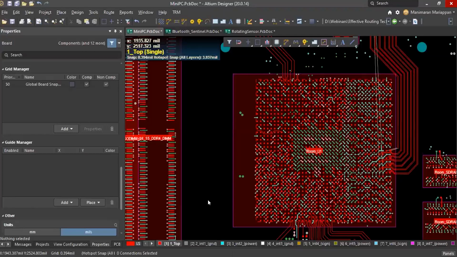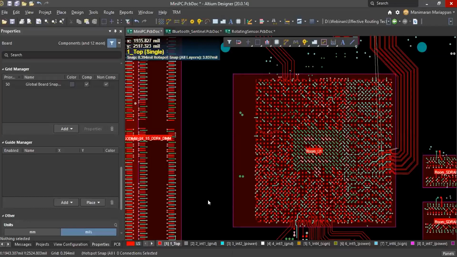Can you explain about SI analysis, or is there any separate session planned? If we are planning a separate session, of course we will explain in that session. Signal integrity is included in the basic package itself. You can check the reflection, crosstalk, overshoot, undershoot, even the impedance. So we have some basic signal integrity analysis. We will see it in the next session. Certificate: no, a certificate is not given for the webinar. For training, maybe we can give.